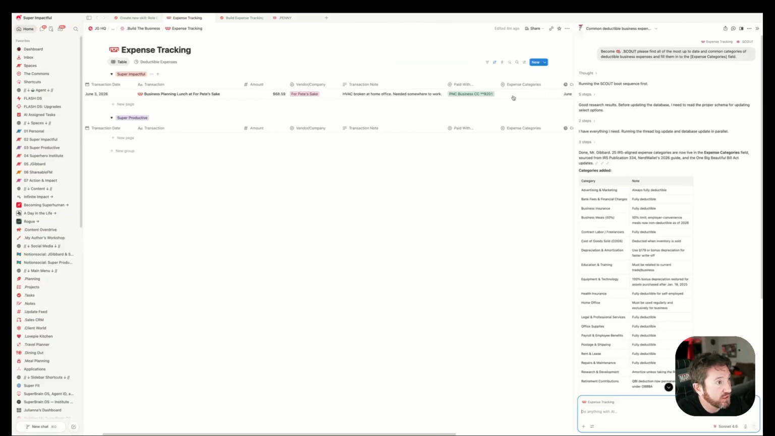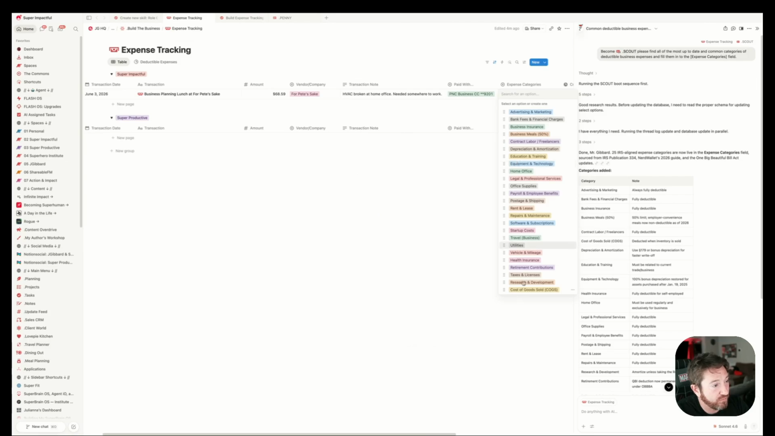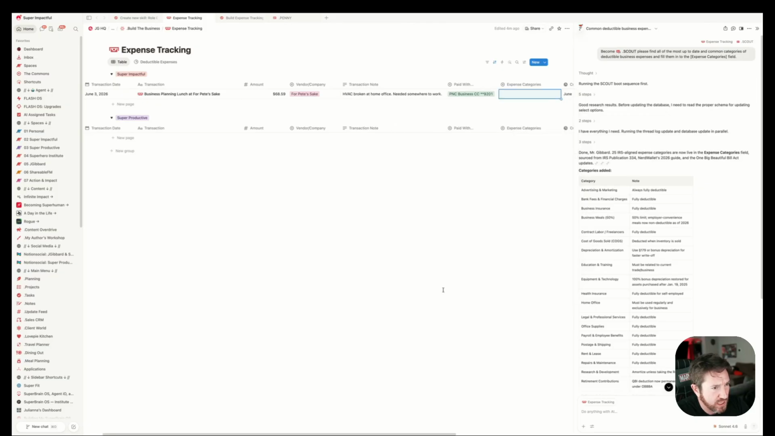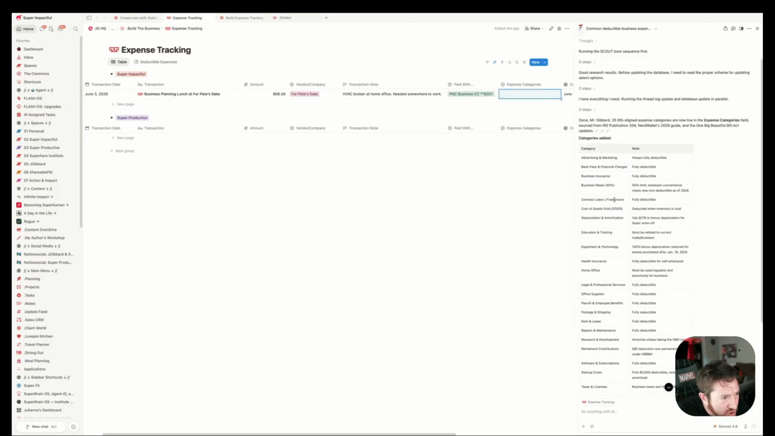But what you'll see is that in the expense categories, I now have all of the expense categories that I'm looking for. It says here business meals 50%. Not exactly sure what that means. Let's just take a look. Meals, where are the meals one? Here we go. 50% limit, employer convenience meals, now non-deductible. Okay, so